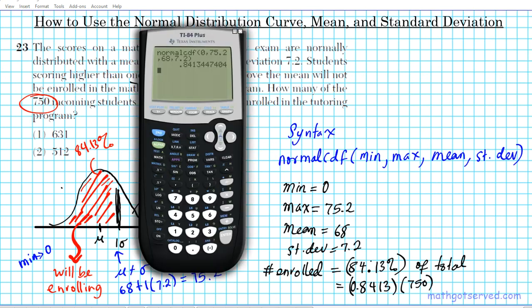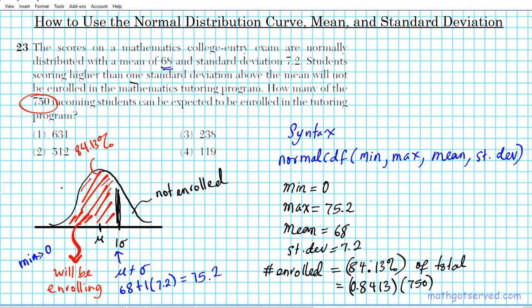Since I already have the percentage value here, all I'm going to do is hit the times button. You see the answer automatically inserts the previous answer as the first argument in our product. Then we multiply that by 750. So 84.13% of 750 is 631. We cannot have fractional students, so we round down. So it's approximately 631. So the answer to question number 23 is option number